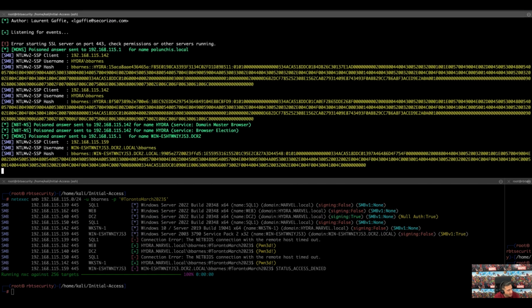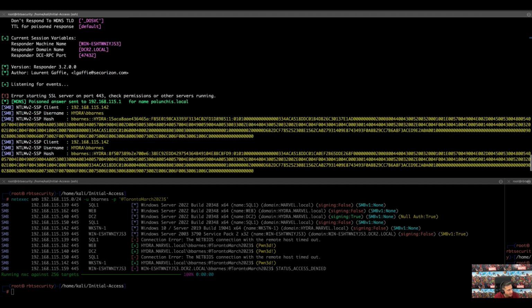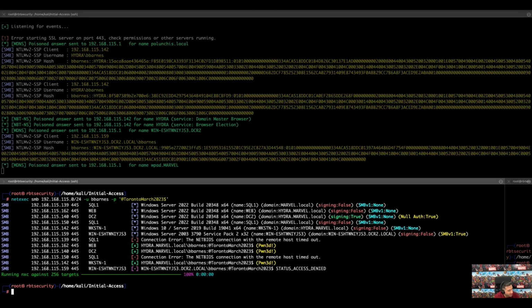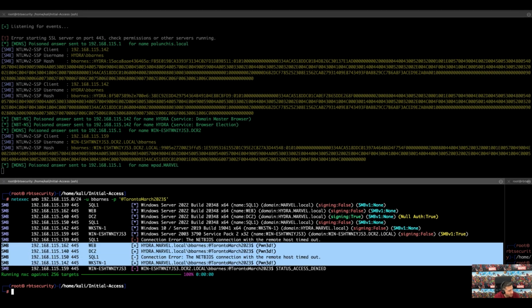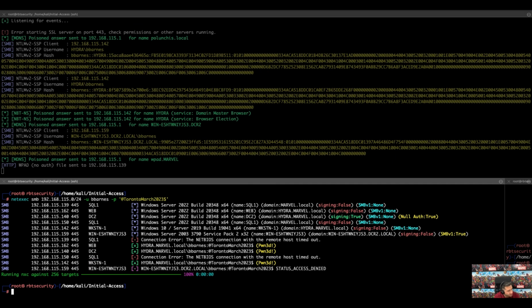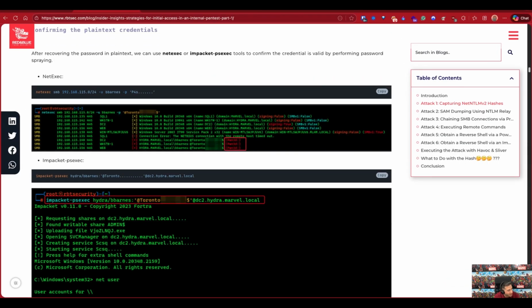And as you can see, we are still getting more hashes, right? Well, NetExec finished, and we can see that the password is valid for 3 different computers: web, domain controller, and Workstation 1. So in this case, we were lucky enough to